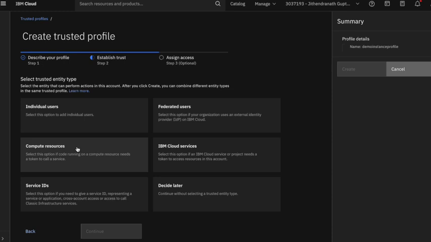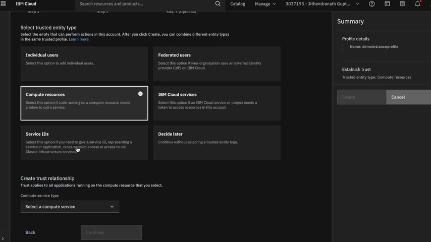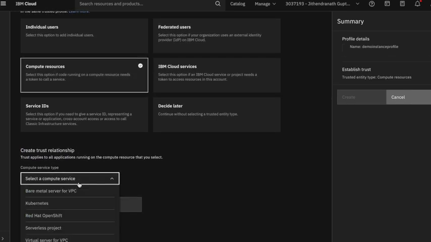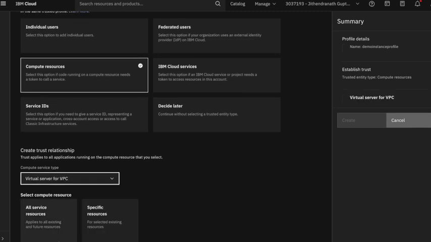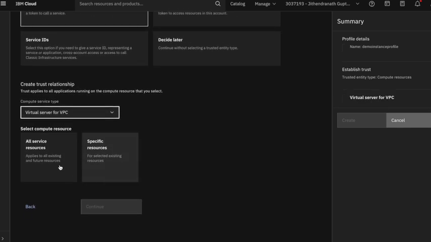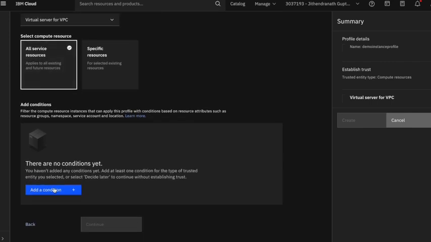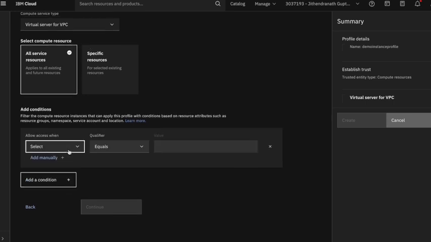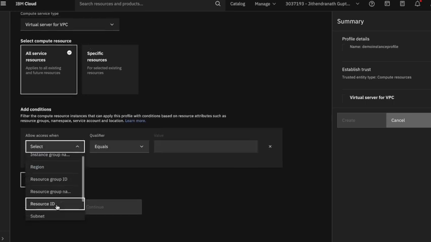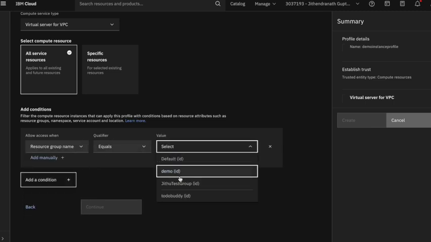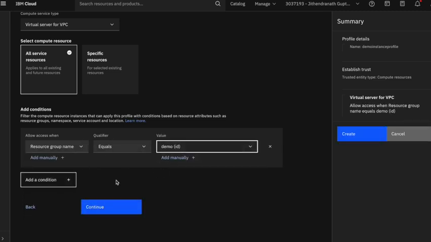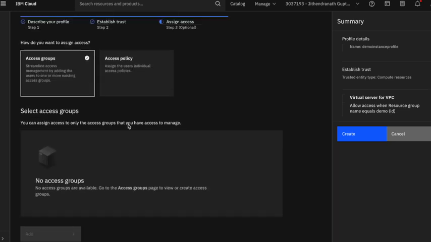Continue, and I want to give it access only to the compute instances. So right now I'm saying for all the virtual servers for a VPC, and I'm giving it for all resources, and then there are no other conditions. The only condition I'm setting is that if any virtual server has a resource group name equal to demo, it can basically access